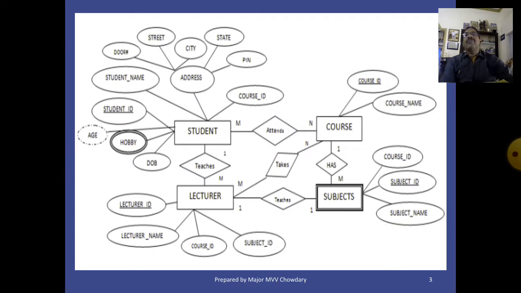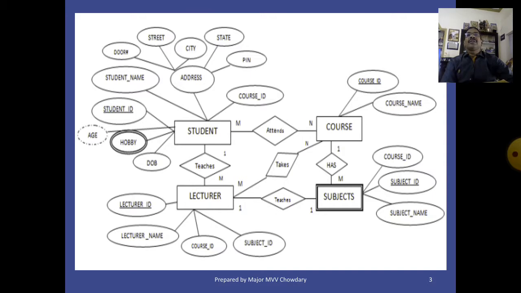A weak entity type does not have an independent existence and it exists only through an identifying relationship with another entity type called the owner. Here owner and member: owner is independent, member is dependent.